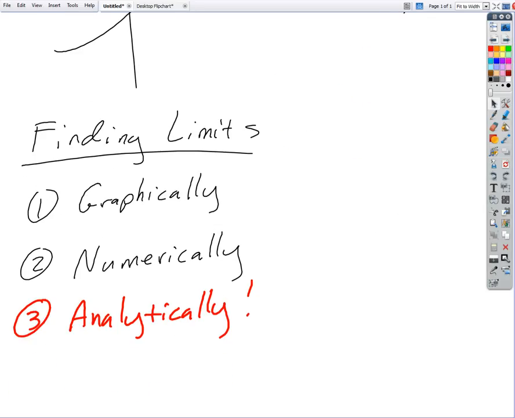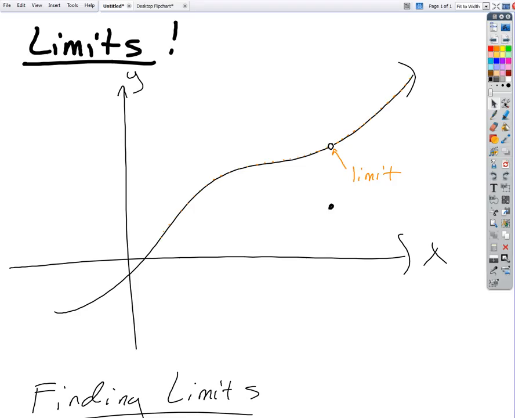Analytically is the way that we can do this without having to go through the bother of drawing a graph or knowing what the graph looks like. What if the graph is very complicated? And numerically, you'll see in a second, you can capture the trend, but once again, it's just not as absolute. Okay, numerically, what does that mean? Using numbers. Using numbers, yeah. We're going to analyze something by plugging in appropriate numbers and seeing what kind of results we